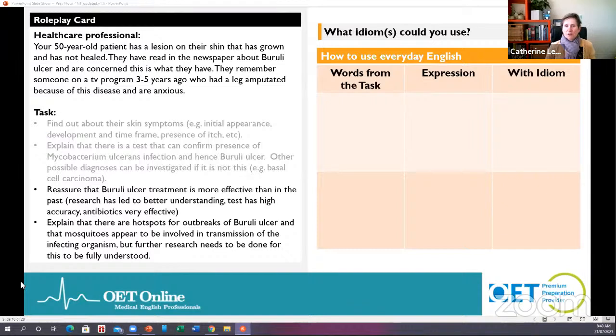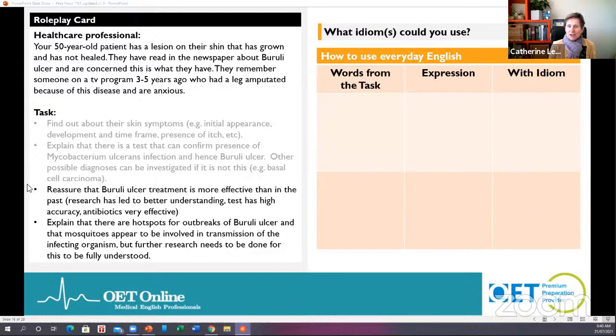Okay, now to my favorite part, idioms. For those of you who've watched my speaking lectures before, you'll know that I'm a big fan of using idioms. I encourage students every week to use idioms because I believe that this is showing a higher level of your knowledge of using the English language. And it's just the way the patient speaks. Now you'll hear about idioms in listening part A. You'll hear the patient using them. You'll probably hear the doctor or the healthcare professional use them as well when they're speaking with the patient.